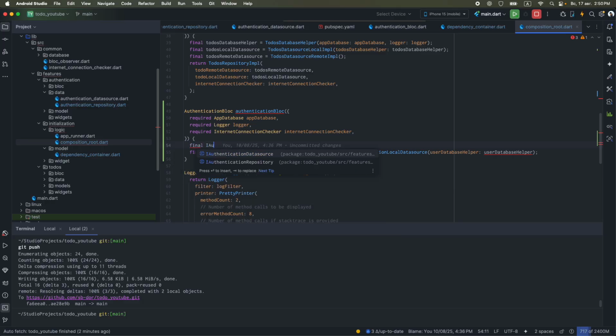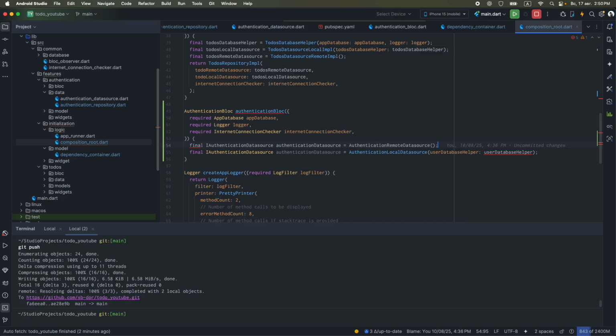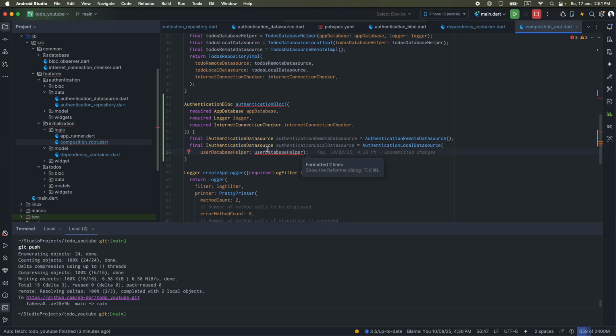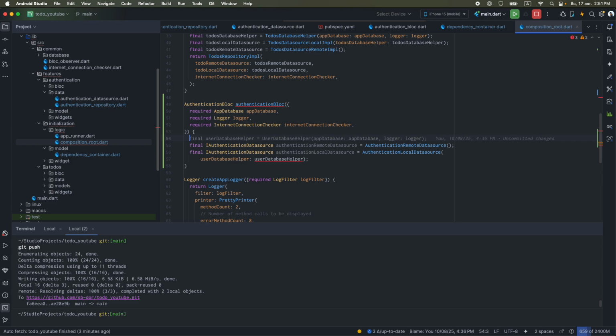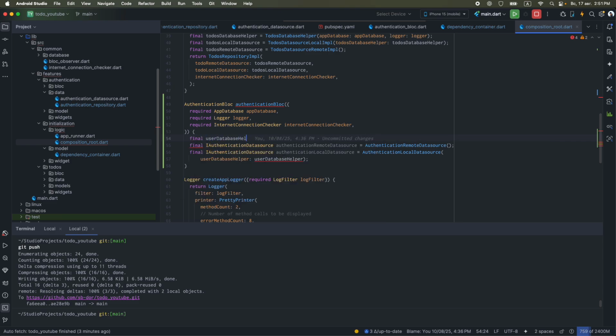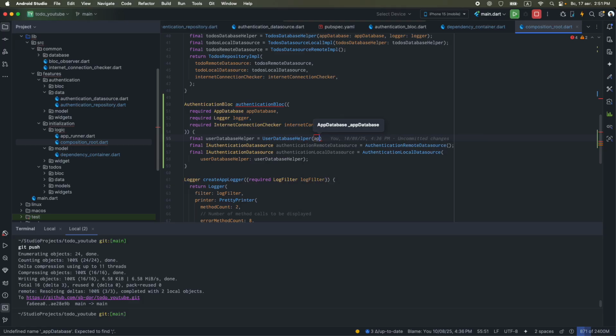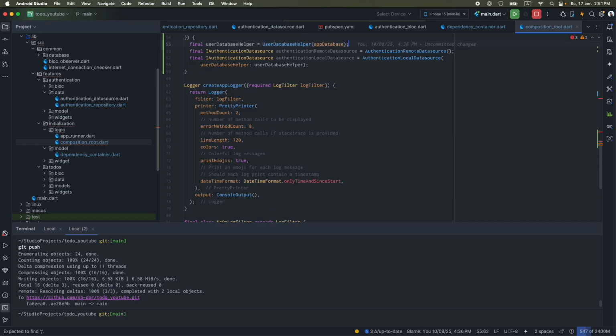Final authentication data source, authentication local. This one is remote data source. That's it, it's working. Okay, so we need our final user database helper, user database helper at database. Okay, we'll send it to our